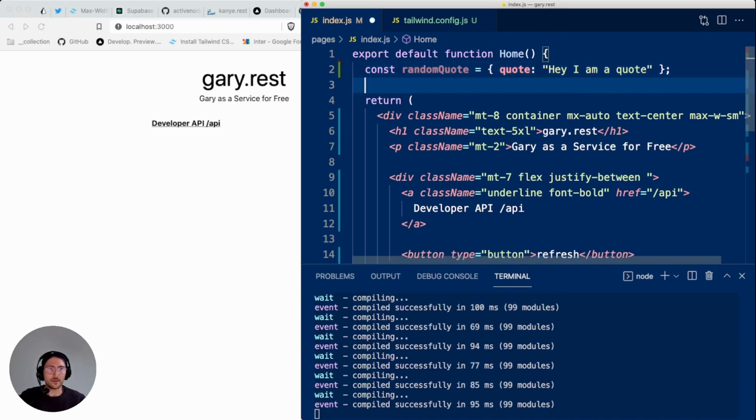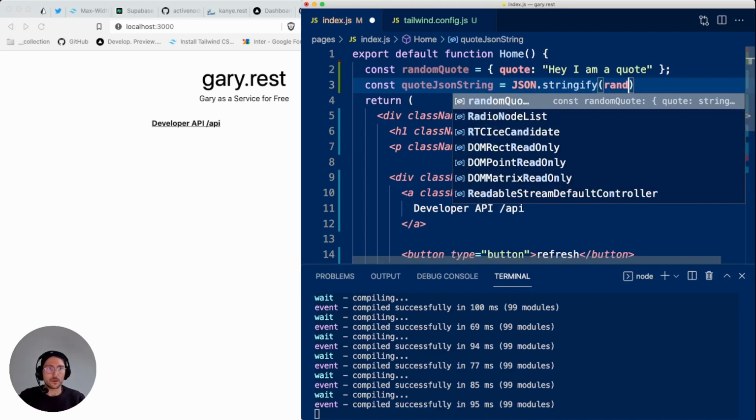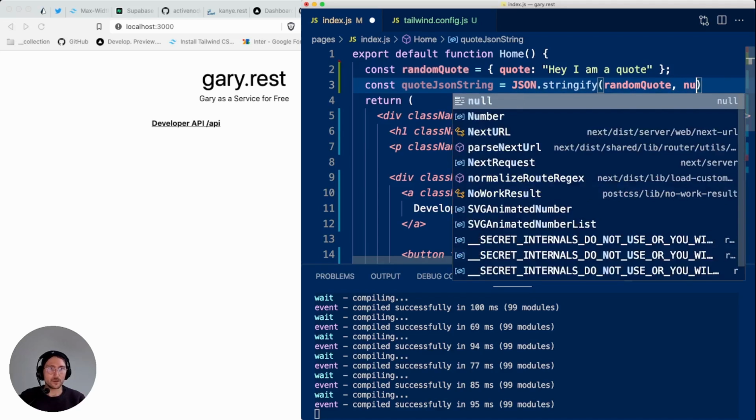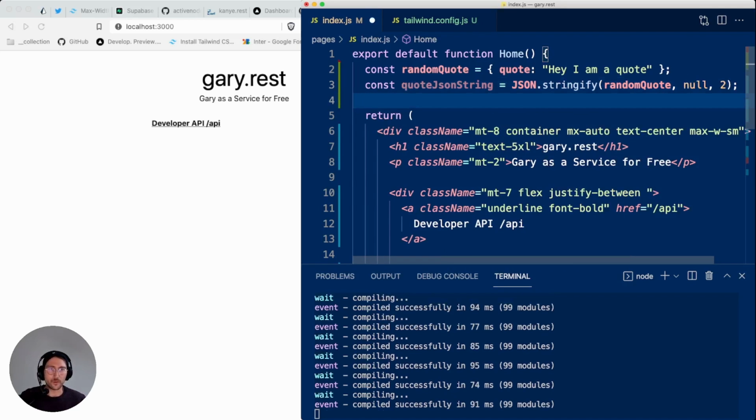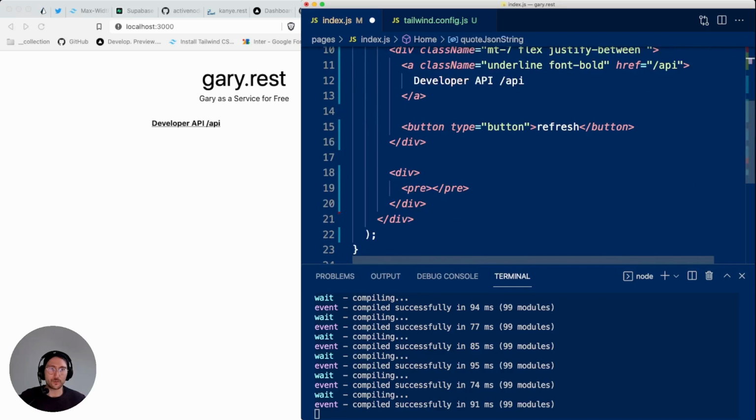And then we stringify that object. So quoteJsonString is JSON.stringify(randomQuote, null, 2) for having a little bit better formatting. And then we'll put that right between the pre tag.